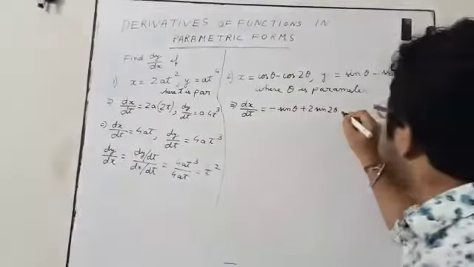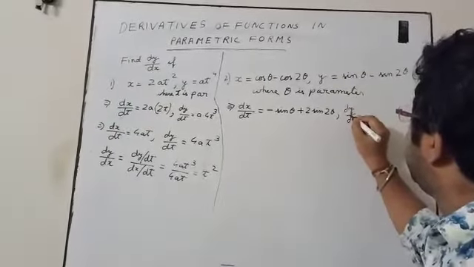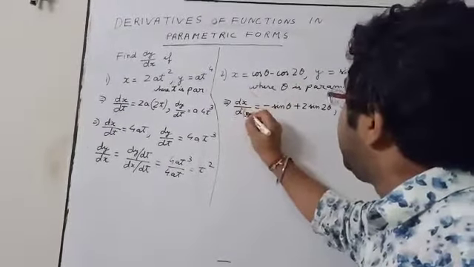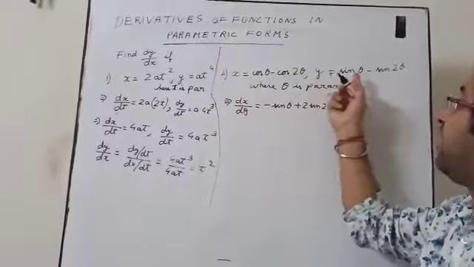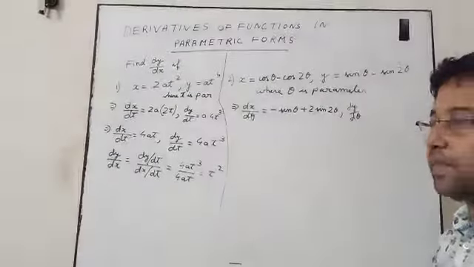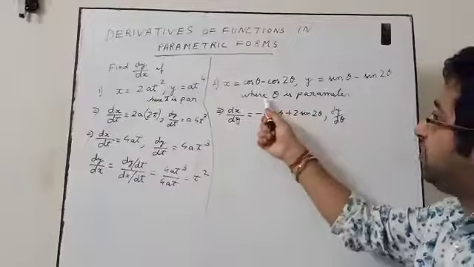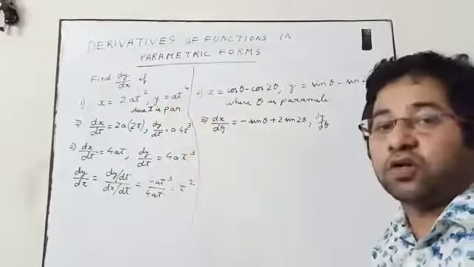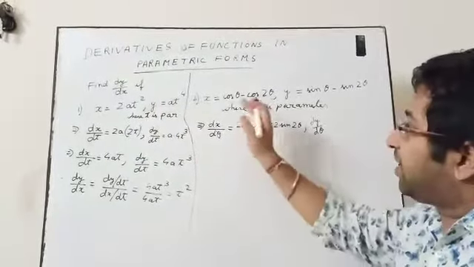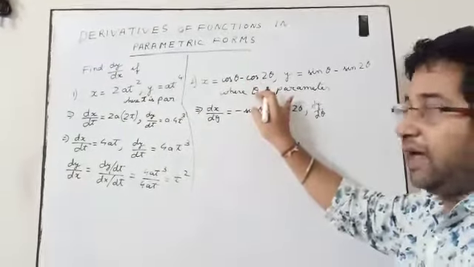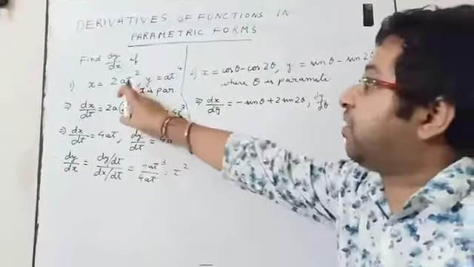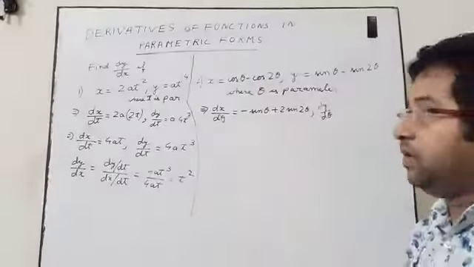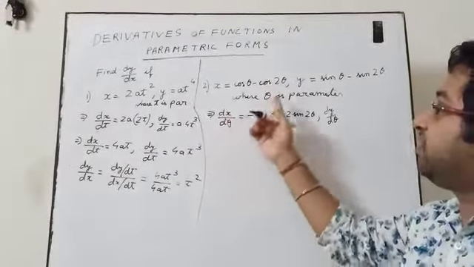Then what about y? dy by d theta. Oh sorry, this time it will be theta, not t, because x is dependent on theta and y is dependent on theta. It will be given in your question which is the parameter. Here theta is the parameter. In the earlier question t is the parameter. Whatever parameter is given in your question, the rest you will think of as constant. Here a is constant and t is the parameter. Here 2, 3 are constants, theta is the parameter. So we will differentiate with respect to theta.